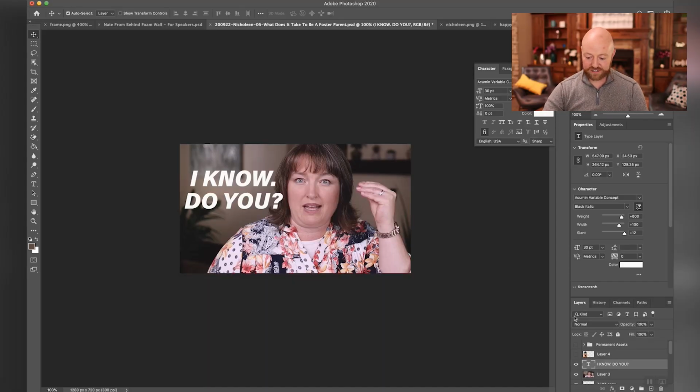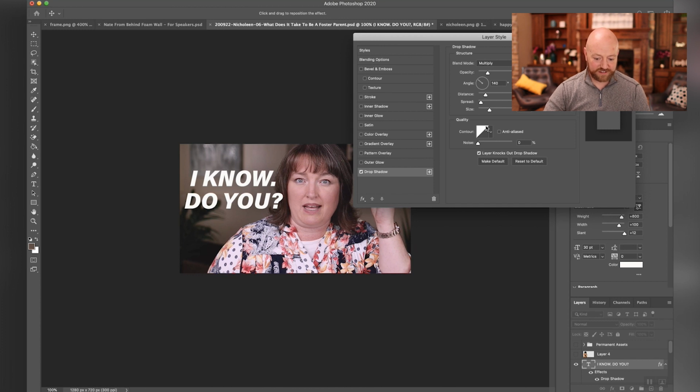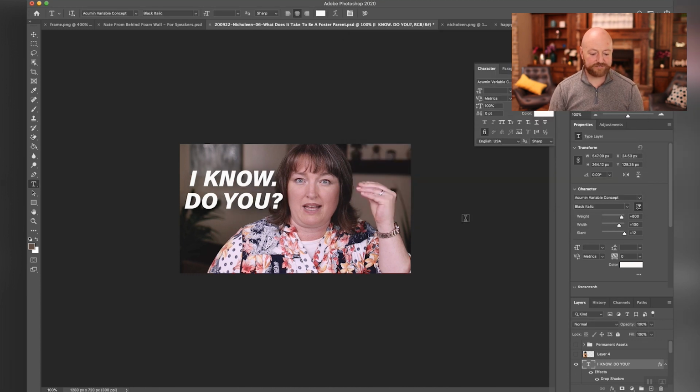I'm really liking where this is going. I think it creates more curiosity, and it matches the message coming from her eyes in this screenshot that I took here. I'm going to add a little bit of a shadow to the text, and even the default settings look pretty good. Maybe I'll just turn up the opacity on that shadow. See, that's too much, just so it's easier to read. All right, I think I like that a little bit better.